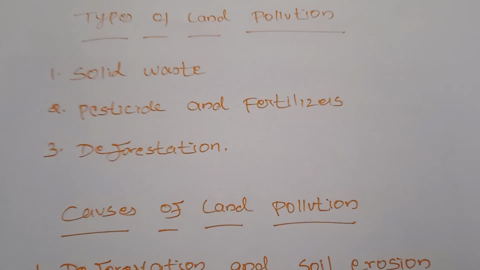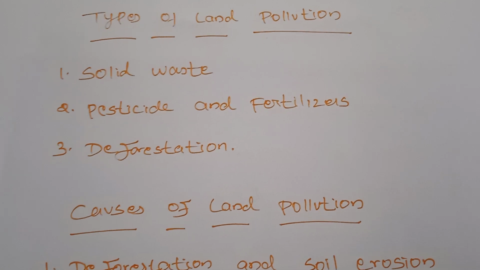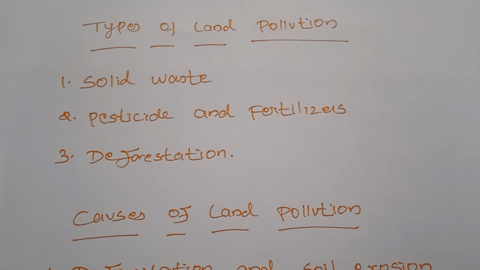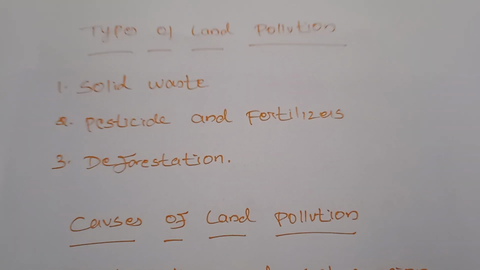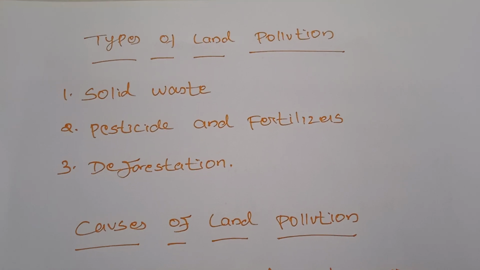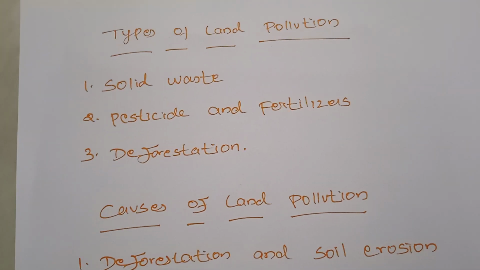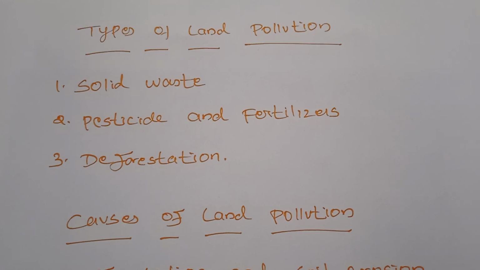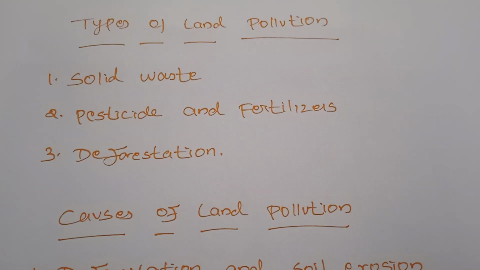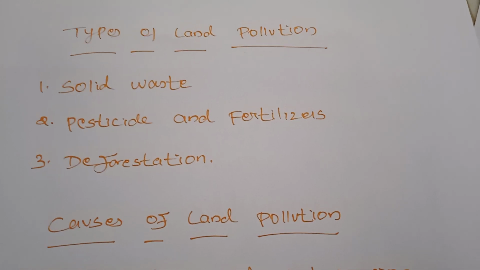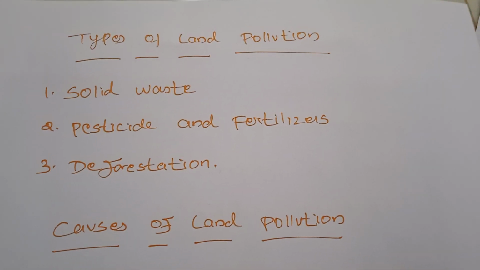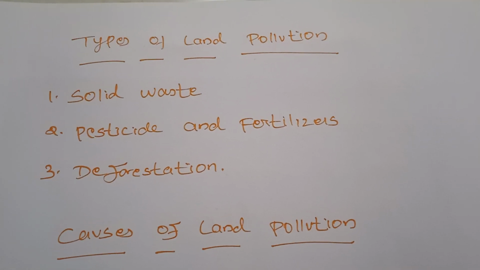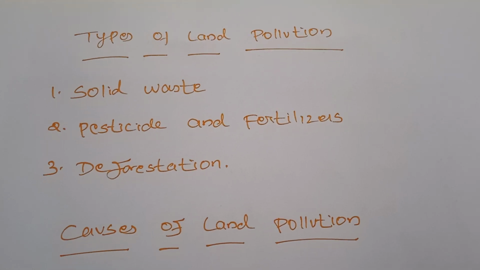Next, pesticides and fertilizers. Nowadays many farming activities involve the application of fertilizers, pesticides and insecticides for higher crop yield, which pollute the land. Many farmers want to cultivate crops only for the reason of earning more income. So they are not only involved in agriculture, these farmers always want to earn more profit by any one of the ways.